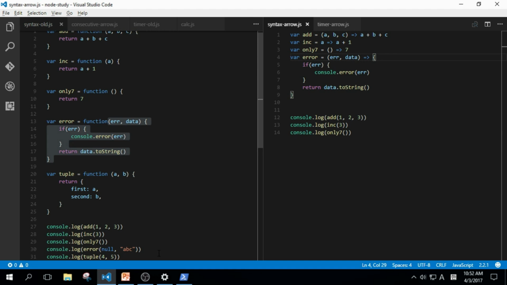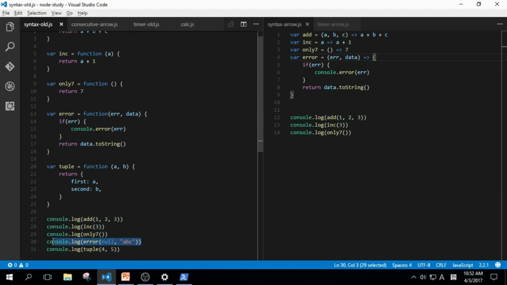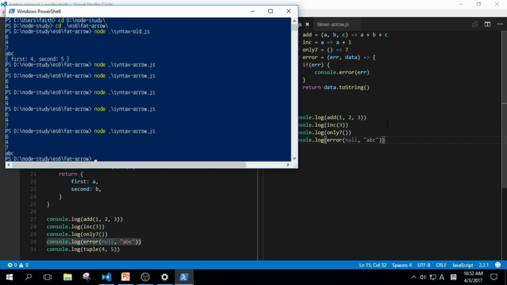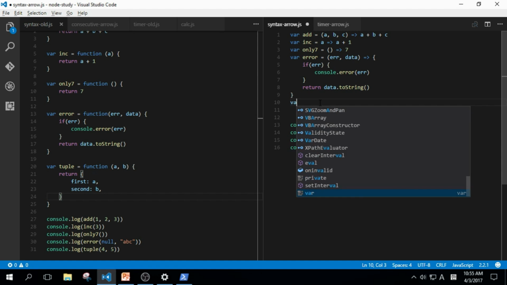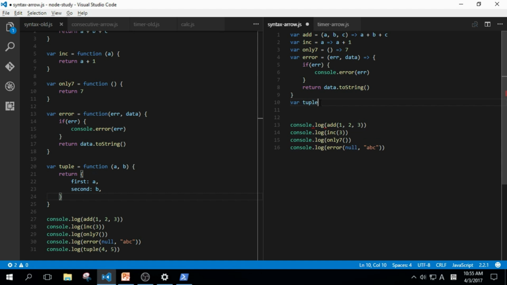And we can check the result like we did before. Copy it, paste it, and run it. It's what we expected. Let's move on to our final function, tuple. As we did before, type in var tuple equals